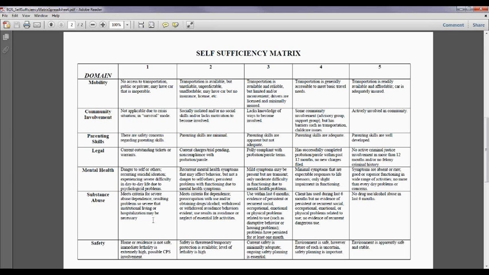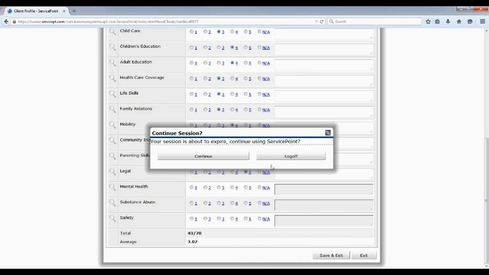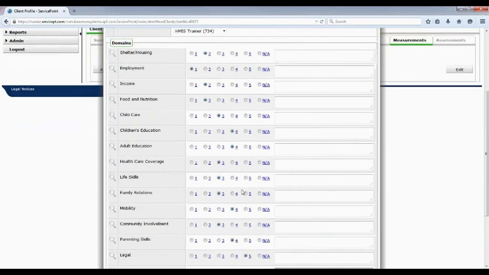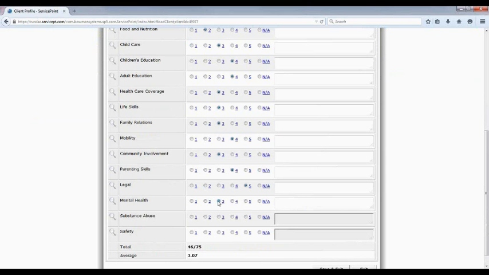Level 4, minimal symptoms that are expectable responses to life stressors, only slight impairment in functioning. And level 5, symptoms are absent or rare, good or superior functioning in wide range of activities, no more than everyday problems or concerns. So for this example, I'm going to say my pretend client has mild